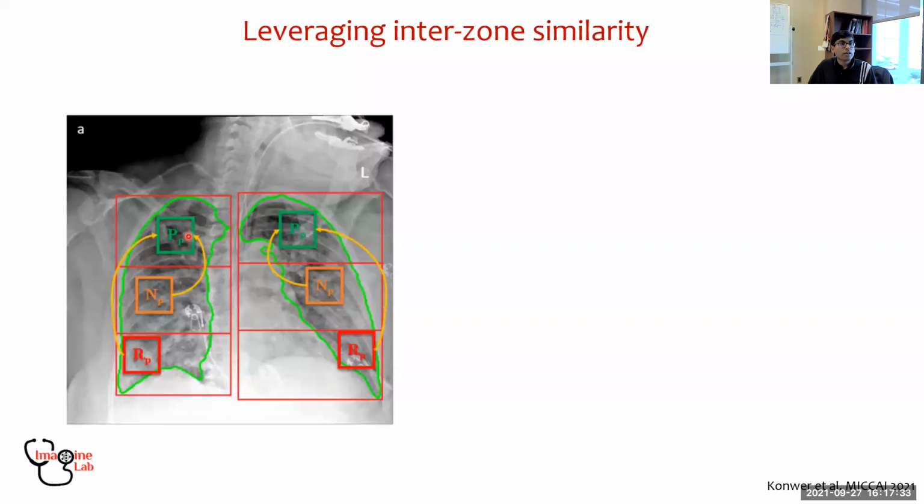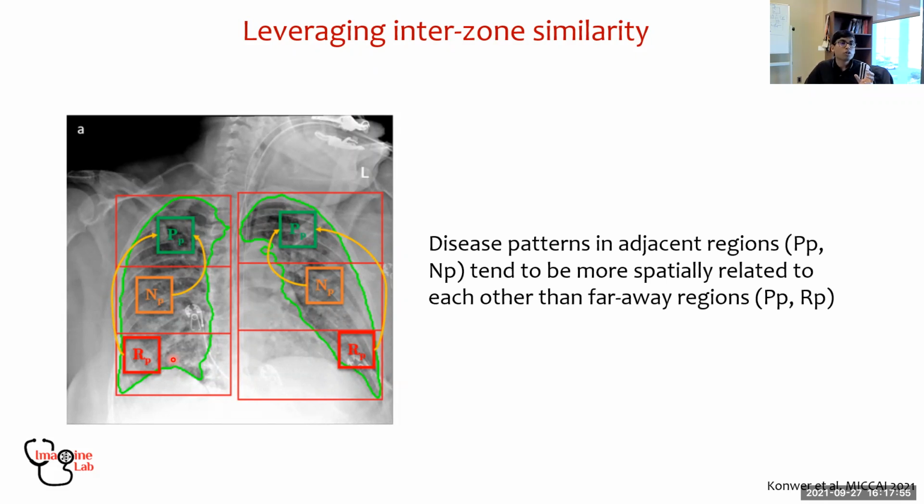So let's take an example of the right lung here. We can see that in the middle zone, the infiltrates are more similar to the infiltrates in the upper zone or in the lower zone, but the infiltrates in the uppermost zone and lowermost zone are less similar to each other. So we designed a module that would capture the adjacent, spatial similarity between the different zones of